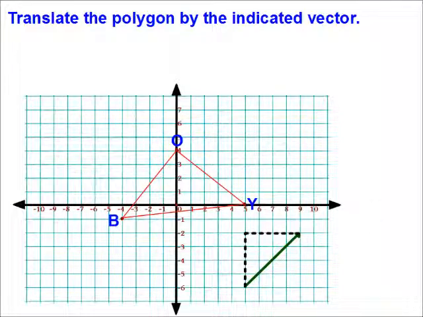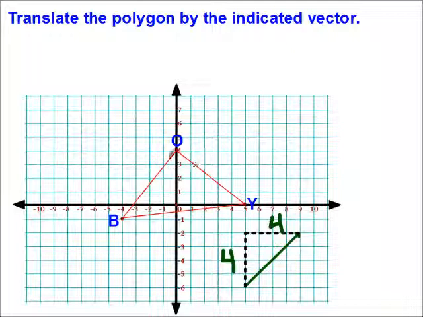Alright, so let's see here. It's up 1, 2, 3, 4, and to the right 1, 2, 3, 4. So I'm going to go to each vertex of my triangle, and I'm going to move up 4 and to the right 4, and I'm going to make my new point, which would be the image,